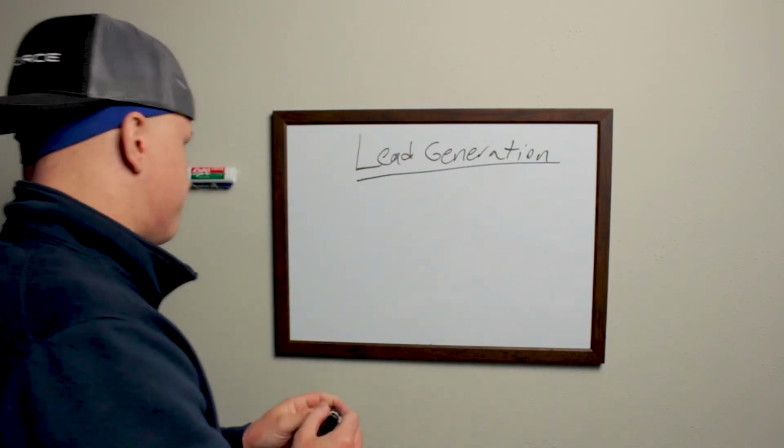Now, this might be something where you are trying to send people to a certain place so that you can get their information, so that you can give them a phone call or have them book an appointment, something of that sort, right? You're probably trying to sell something of a higher ticket item. It could be insurance, real estate, could be anything, right? So what do we need to do to generate a lead? Well, we've got to understand this.